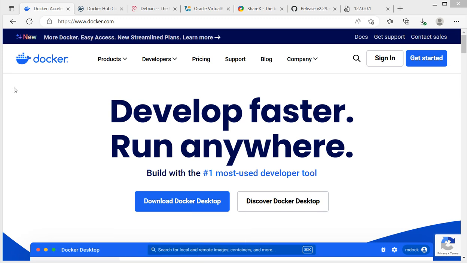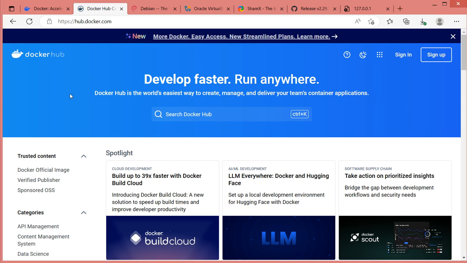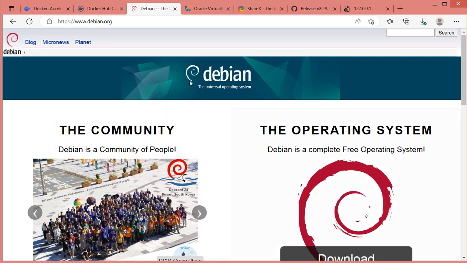This is going to be containerized with the Docker containerization engine on Linux. We're going to be relying on some of the Docker Hub repos to download some of the things, in particular Debian. This machine that I'm running in a virtual environment is Debian, and we're going to be using a Debian container, but you can use Alpine, Alma,